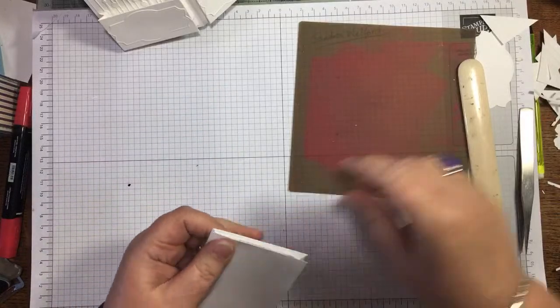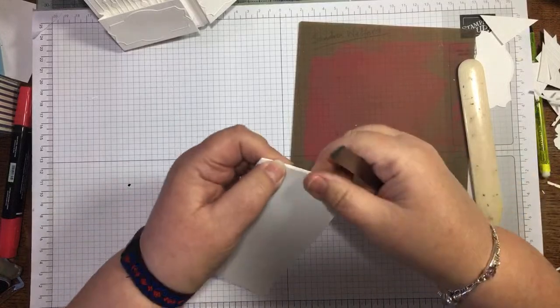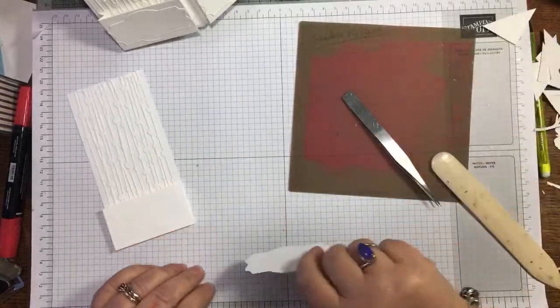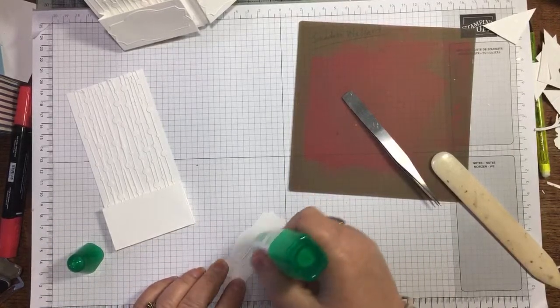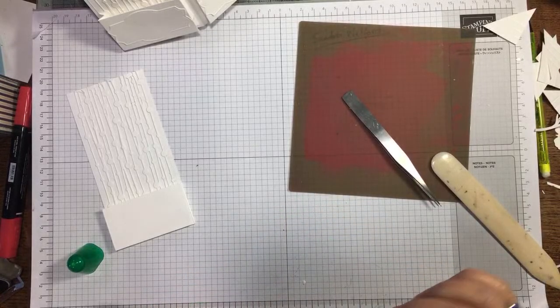I think that just needs to tuck in a wee bit there. As I say, just remember you're in charge, not the paper. And then we'll just pop this panel on, and then we have our 3 boxes. As I say, I'm not quite sure how I'm fixing the flowers and things in, but I just...